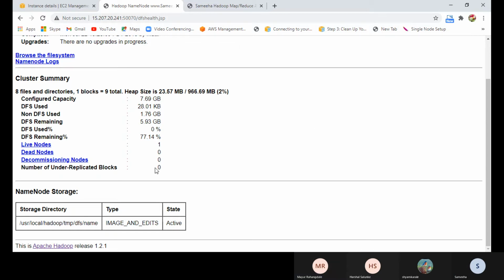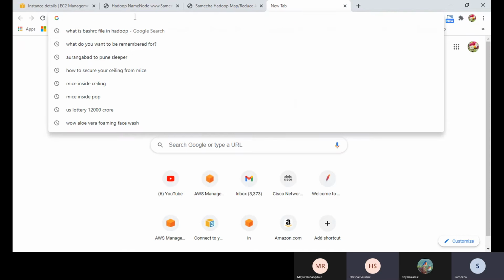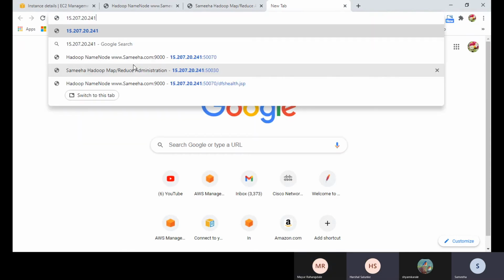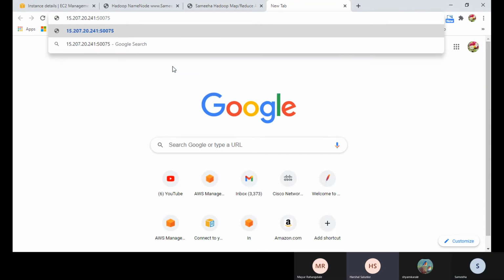So this is successfully deployed. We can go on 50075 also. Port number 50075 is for what? That's for data node, I think. Data node. No, sorry, not data node.